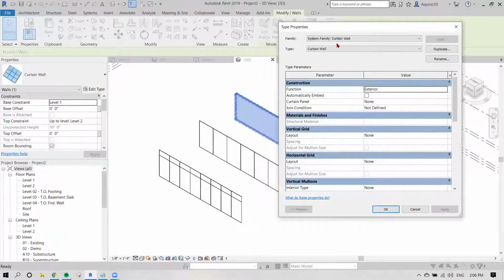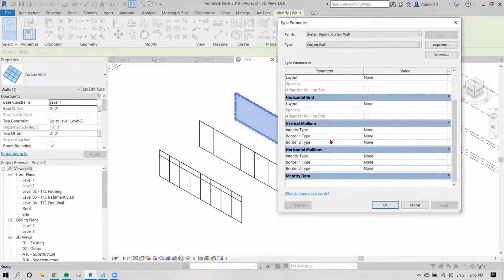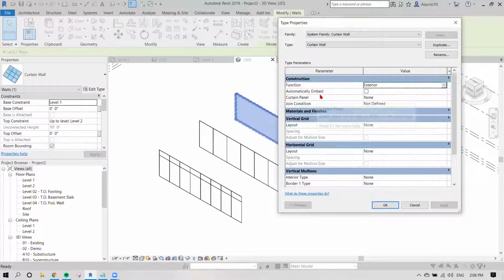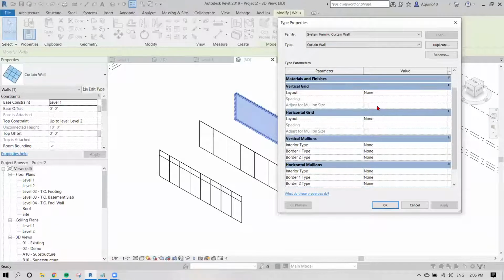We have a few sections that we'll be concerned with. Firstly, the construction section, which is how the curtain wall is composed. And then secondly, which is the difference between all of these three, the horizontal and vertical grids and their